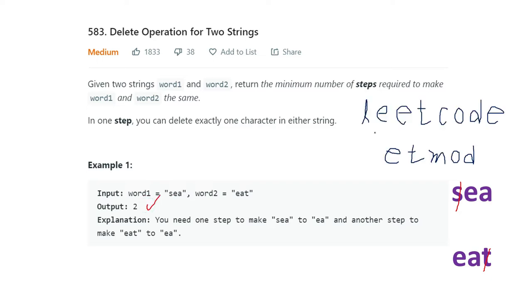Let's take another example. In this example, I have taken two strings. One is "leetcode", another is "etco". If I have to check how many characters, at minimum, we must delete from each string so that they become equal, one thing we can do is delete this L first, then we can delete this E from here, and we can delete this M from here. Then this C we can delete, and this E we can delete. Then they both will be equal, "etod", right? Then we have to keep the count of how many characters we deleted from each of the strings, and the total of that will be our answer.